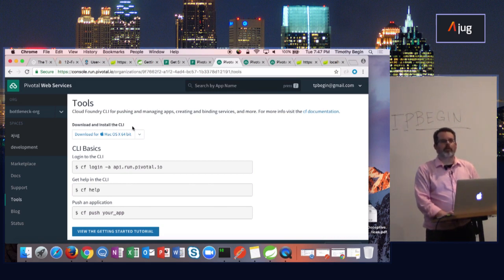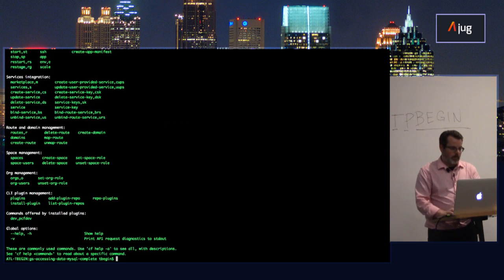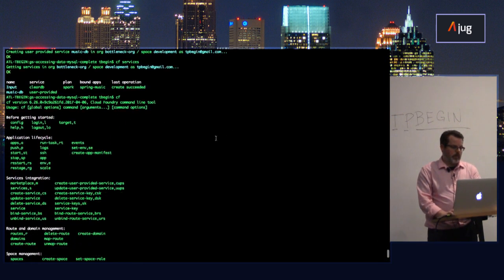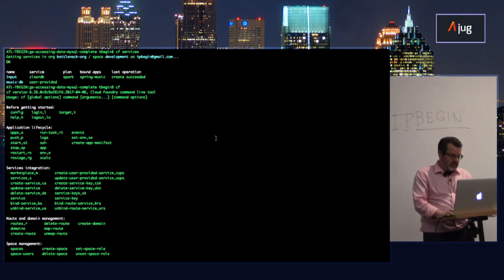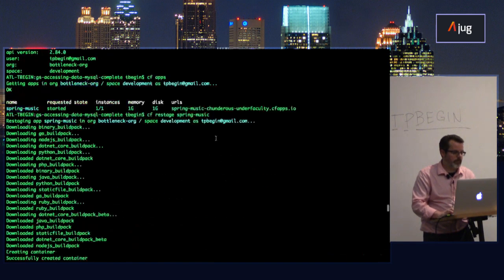I recommend to everybody, if you want to start learning how to do Pivotal Cloud Foundry, use the command line interface, because like using Git, you're really going to get to see all the different pieces and parts and what it does, and you get a better understanding of what's happening. So these are all the commands. Can you read that? Let's see if I can get that to go a little bigger.